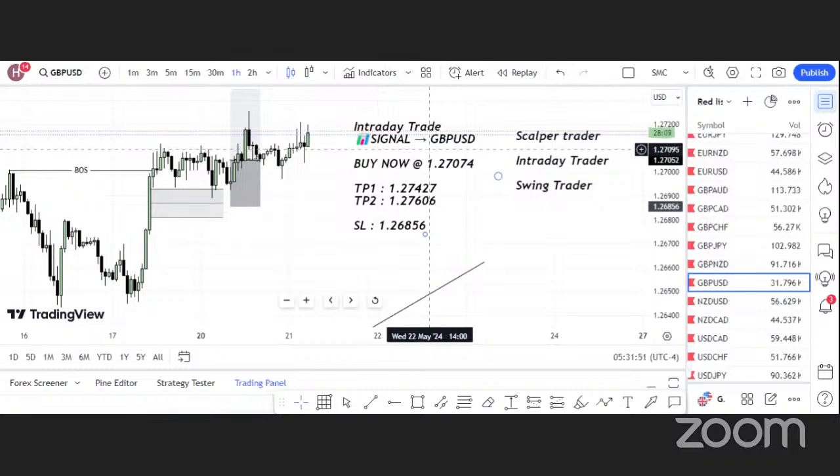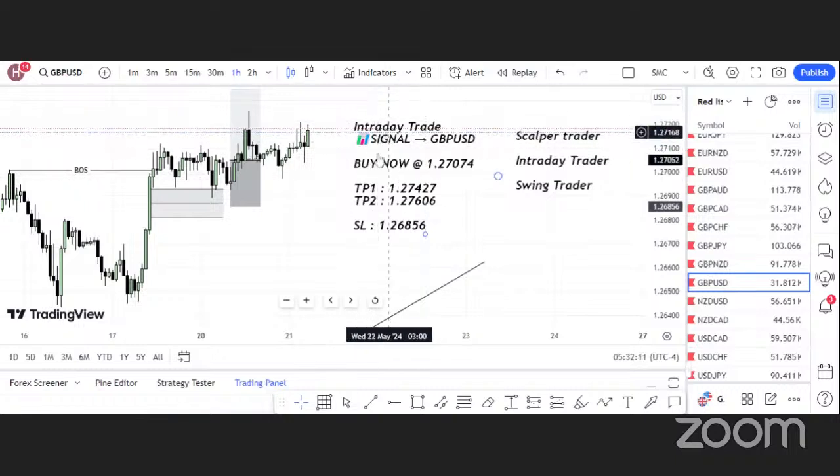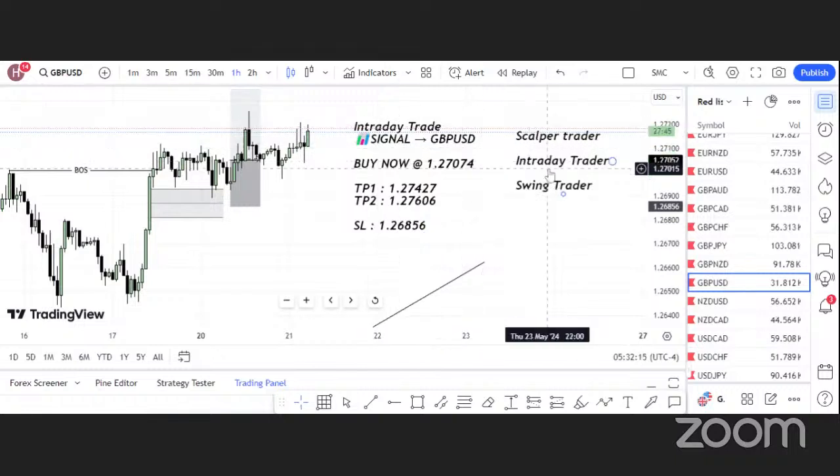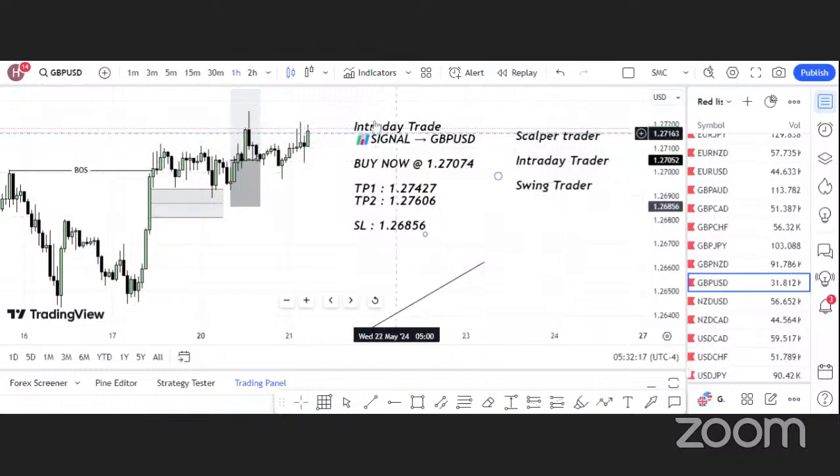So, as I was saying earlier, this is how to interpret signals. First of all, you want to see what the signal is saying. And what the signal is saying here is that it is telling you to buy this market. And then before the buy, we have the intraday signal. As I've explained earlier, what the intraday signal is doing here is giving you an insight